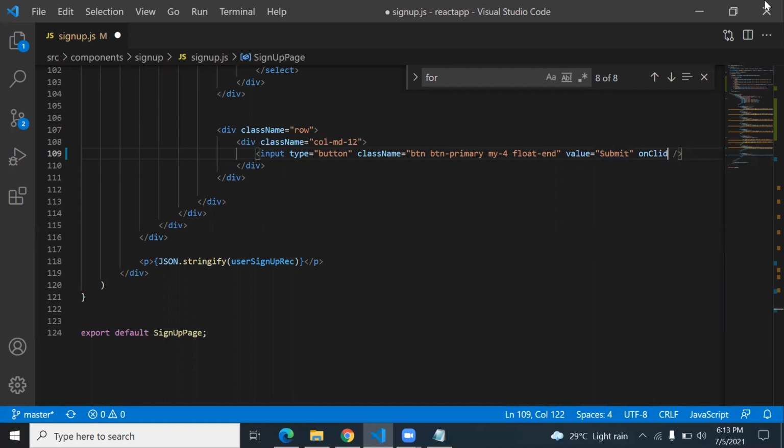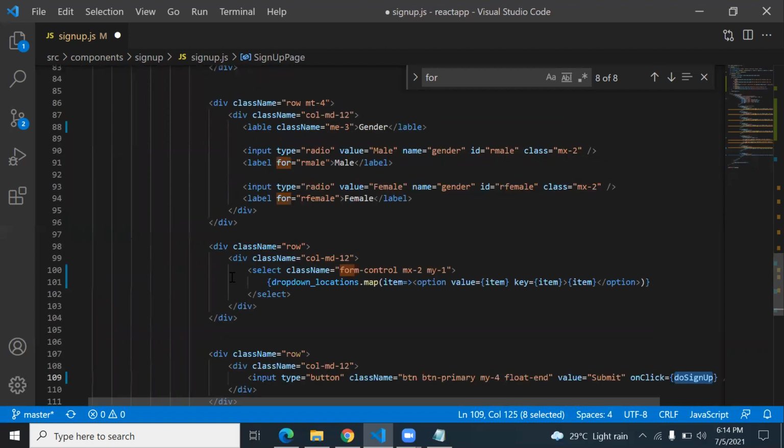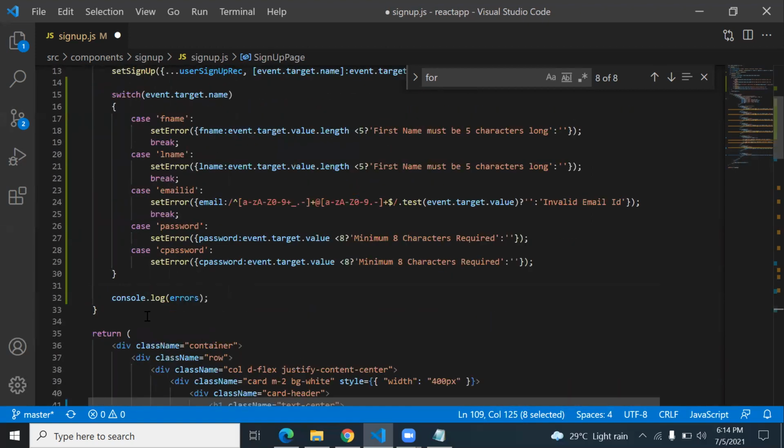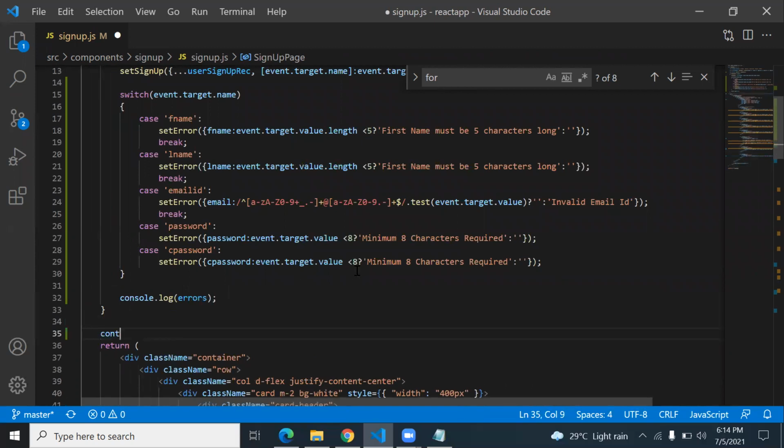So this is called onClick is equal to, you can say doSignUp is a function. So here you write one more function as doSignUp is equal to.